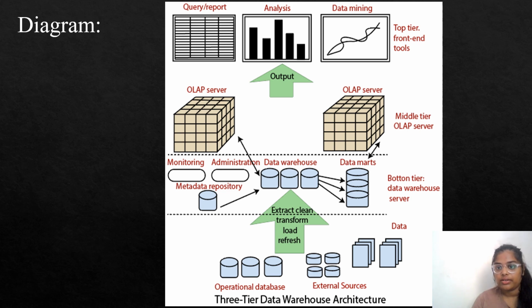Next, the middle tier, which has the OLAP server, takes the data from the bottom tier and gives the output to the top tier, which has the front-end tools like query report, analysis, data mining, and so on. This data can be divided into different categories of a certain operational business or organization, where analysis is of a certain type, data mining is of a certain type, and query report is of a certain type, so the data is differentiated into three categories in this particular diagram. Next, coming to each tier explanation,